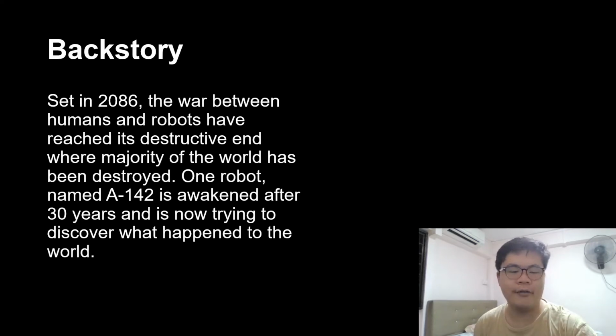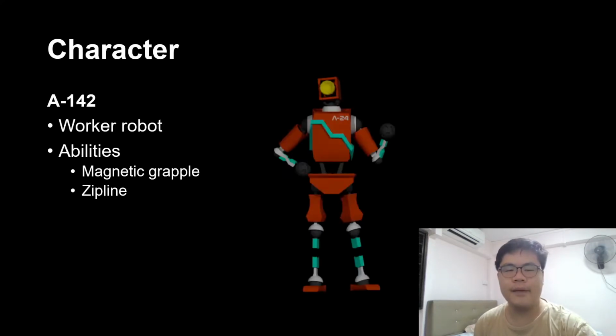One robot, A142, was awakened after being offline for 30 years and has to traverse around the world to discover what happened. So, a little backstory to our character. A142 is a type of worker robot working in industrial factories. It has a few abilities that can help it to traverse through the world, such as the magnetic grapple and